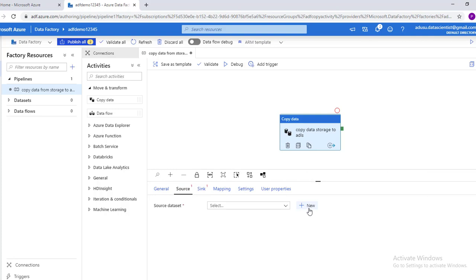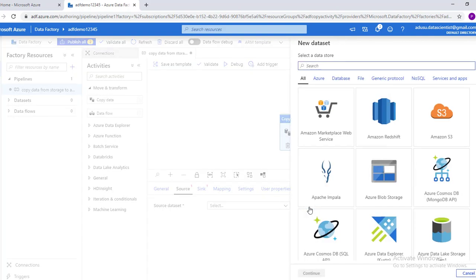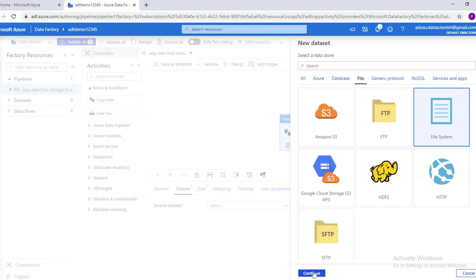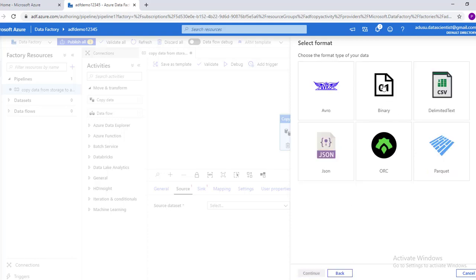So dataset need to be created here in order to provide format of the file which we want to copy. Since we did not create any dataset, we need to create a dataset. File system, and here we select binary. We click on continue.